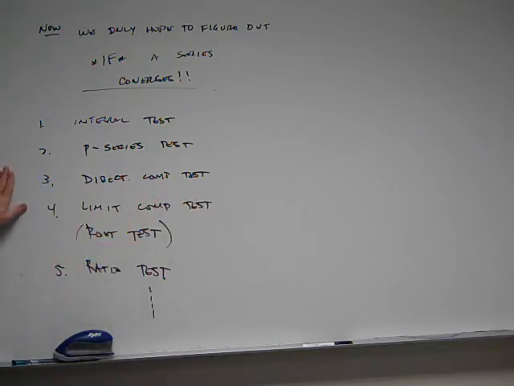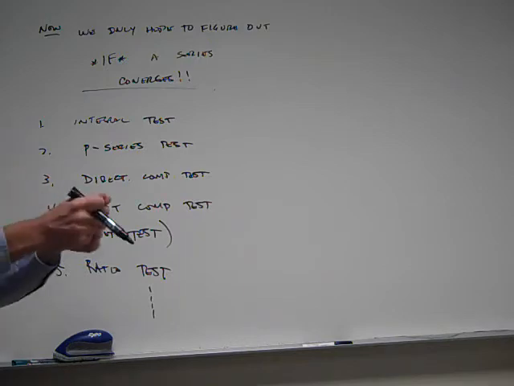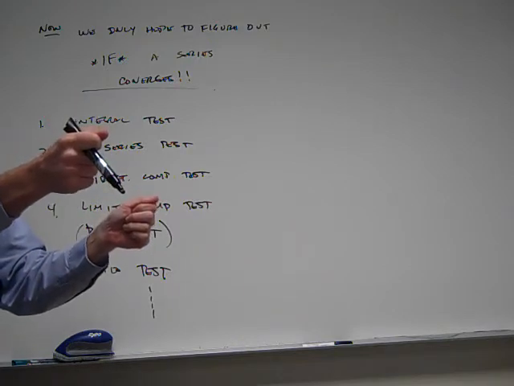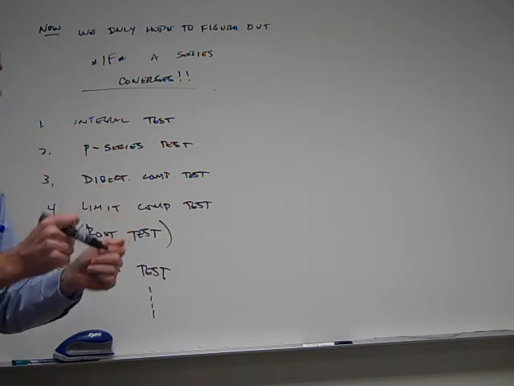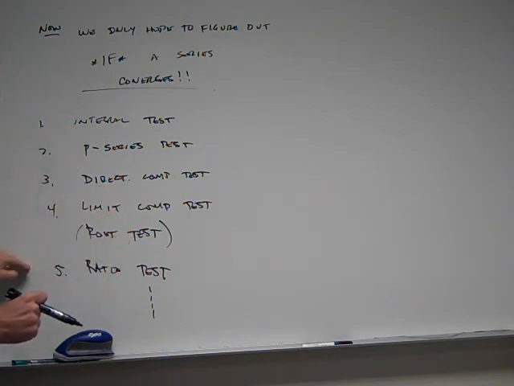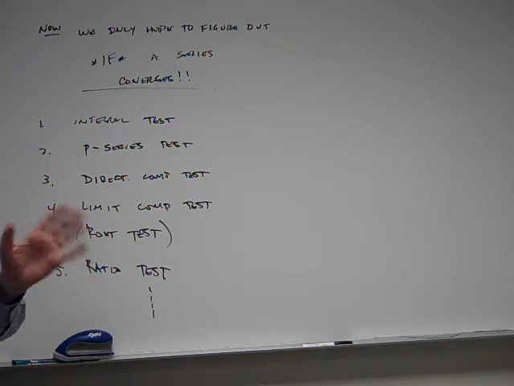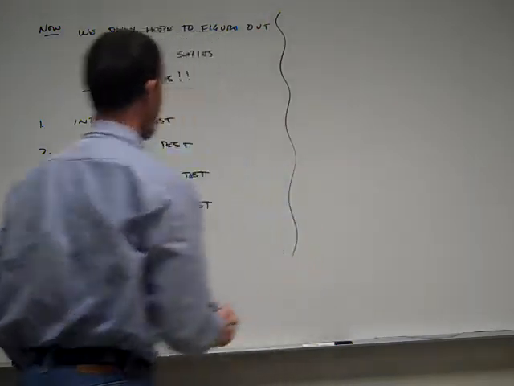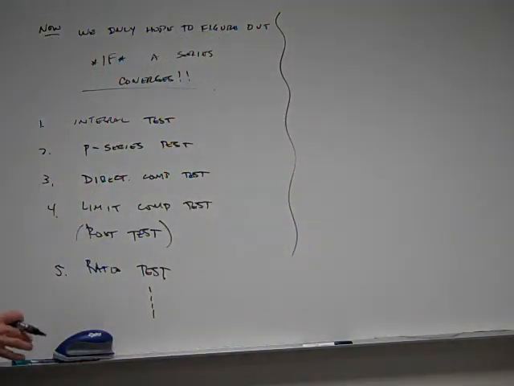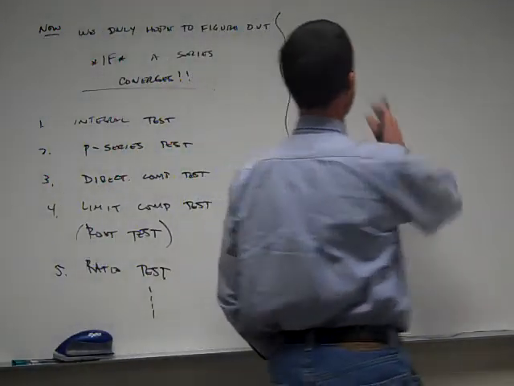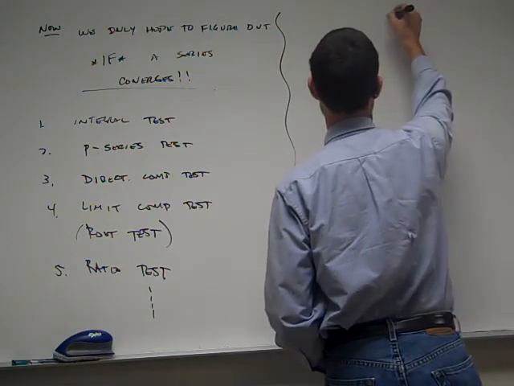If you could remember them all, and you wrote each one down, and I said, here's a series, apply the direct comparison test to it, you'd get it right. So the key is to understand which one do I try to use when, which one's going to work. That's what's going to be hard, just like with integration. And the other is to try to give you some intuition as to where these tests came from. So let's look at the integral test with a simple example